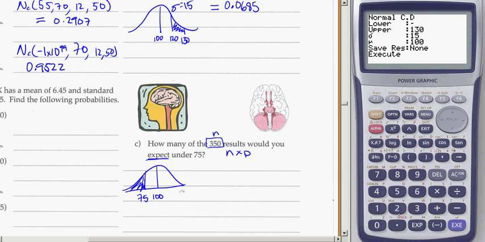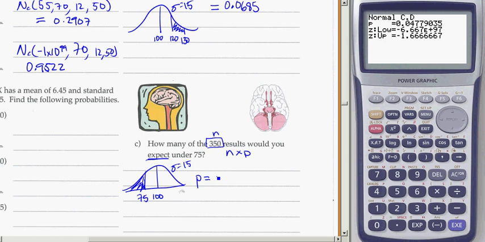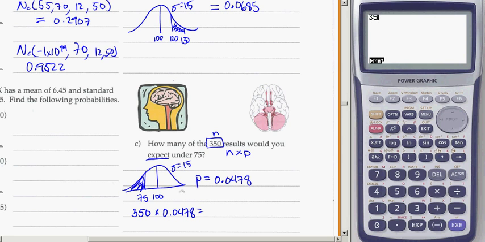My lower limit here will be -1 times 10 to the 99. My upper limit will be 75. Still have 15 and 100. And I get a probability here of 0.0478. And to get the expected number, I'm going to go 350 times that number, 0.0478. And we get